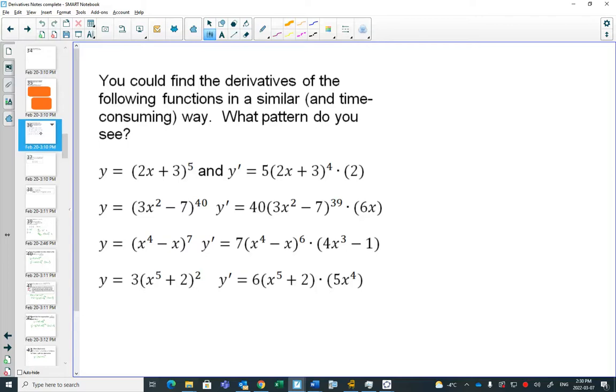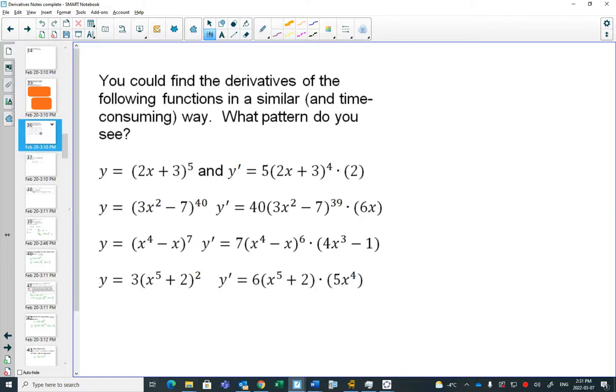Put into words, the chain rule is for when you have one function inside of another function. So in all of these are all powers. The 2x plus 3 is inside the function that says to the exponent of 5. The 3x squared minus 7 is inside the function that is x to the 40, or a power to the 40. Okay? And when you have one function inside of another function, what we do is we do the derivative